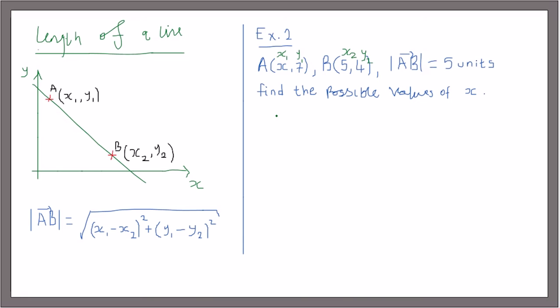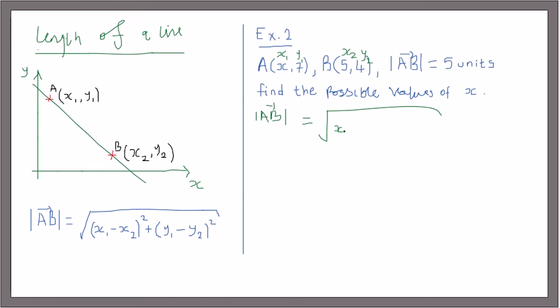So we know the length of AB, between A and B, we say this is got from the square root of